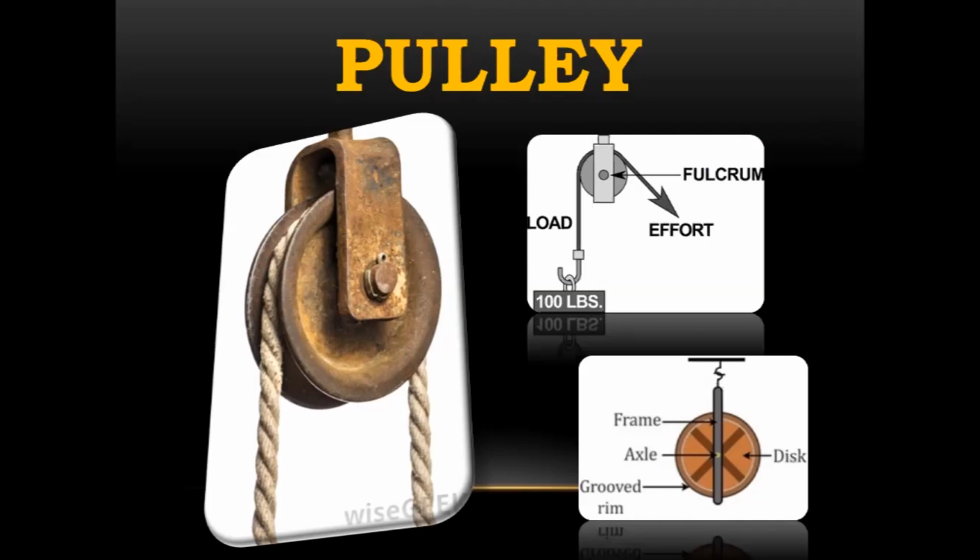Okay, this pulley has certain parts. For example, when you are learning biology and you are learning about the plant cell, you will draw and mark its parts. So here we are going to learn the parts of a pulley. This is what we see: a pulley has a circular ring with a groove. The groove is this.